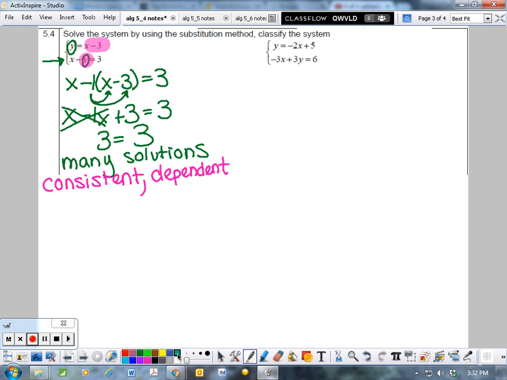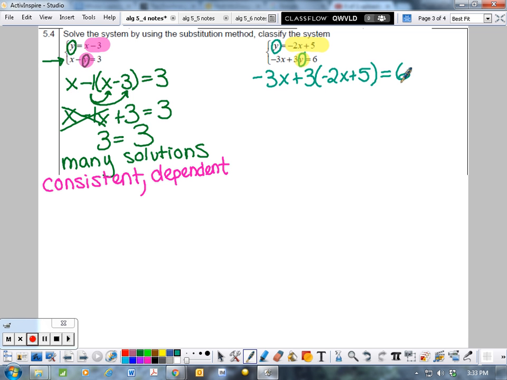So now I'm going to look at my next one, and I have a y equals, so I'm going to circle my y's. And I'm going to highlight what y is equal to. So y is equal to -2x plus 5, and I'm going to put that in that y spot. So now I'm going to rewrite my system. So -3x plus 3, and I put the highlighted portion in the y. So -2x plus 5